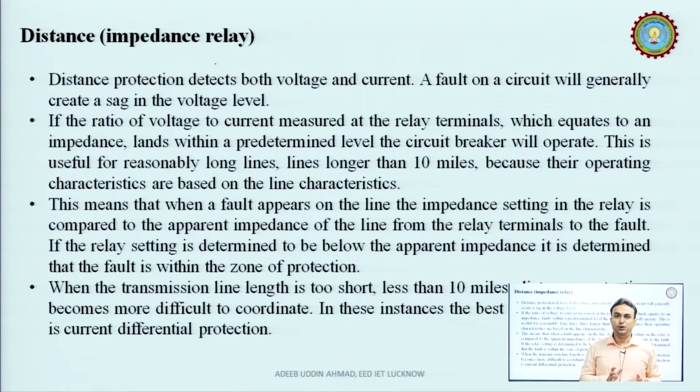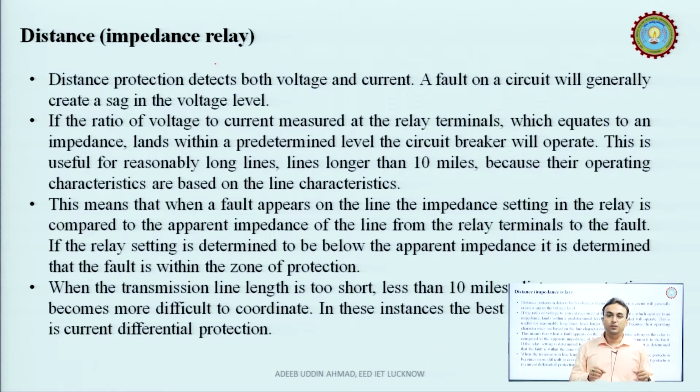The distance protection detects both voltage and current, and these transmission lines need to be protected from surges and faults, such as ground faults and phase to ground faults. Such conditions must be avoided for a healthy transmission system. A very important factor is that transmission lines have a very huge length. Suppose we have 100 kilometers, 200 kilometers length. So, the fault